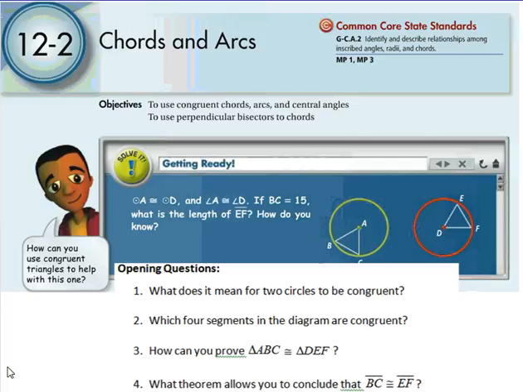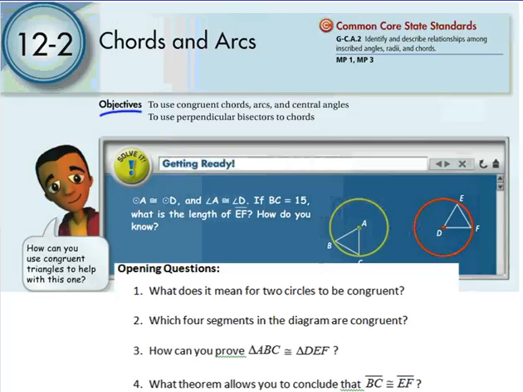Chapter 12, Section 2, we're learning about chords and arcs. We've learned about both of them separately before, and we're going to talk about a lot of relationships between the two, along with some angles in circles. So our objectives for today are right here: to use congruent chords, arcs, and central angles, and to use perpendicular